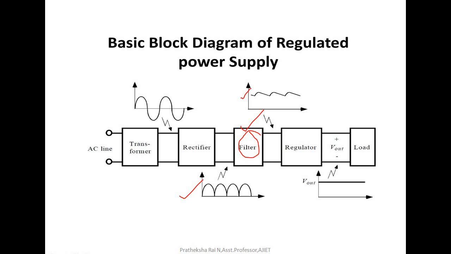So if you see properly, the input is a sinusoidal voltage, but when I say a pure DC, it should be a straight line, or in this form. Here there is no fluctuation or no variation, then only will the electrical appliances work fine, or you can rely on that particular regulated power supply. Okay,